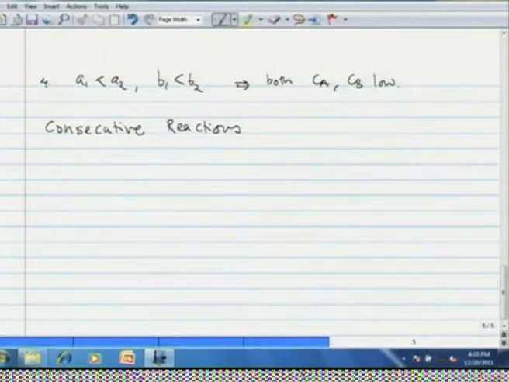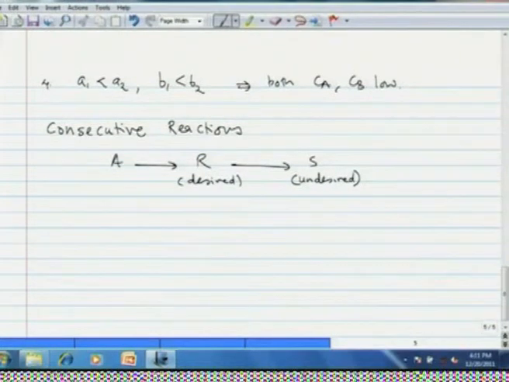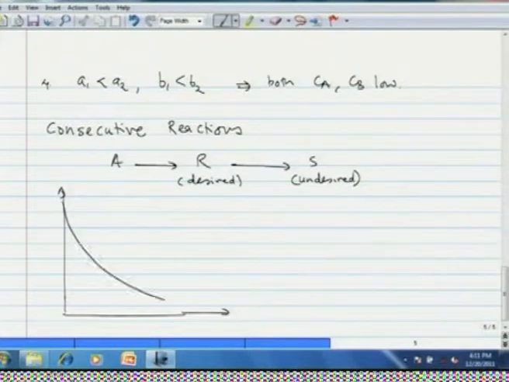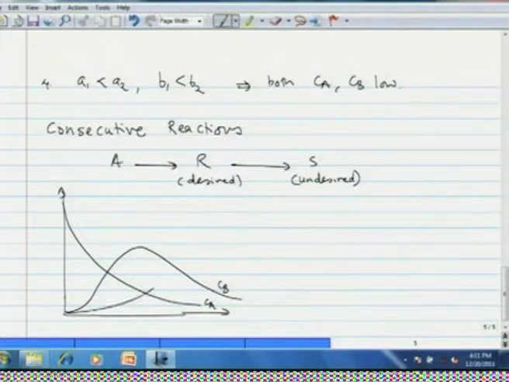You may also have consecutive reactions, like A goes to R, which is the desired product, which then gets converted to S, which is the undesired product. You might recall that in a previous lecture we have dealt with such a system. The typical concentration profile would look like this. Concentration of A continuously decreases with time, concentration of B, the intermediate product, shows a maximum, and concentration of C continuously increases with time